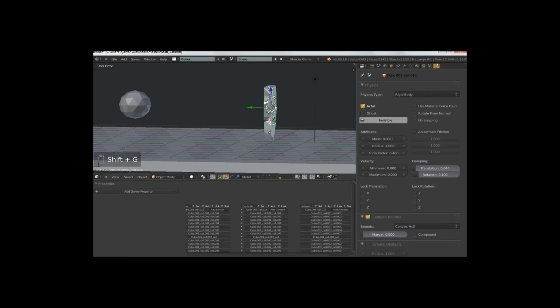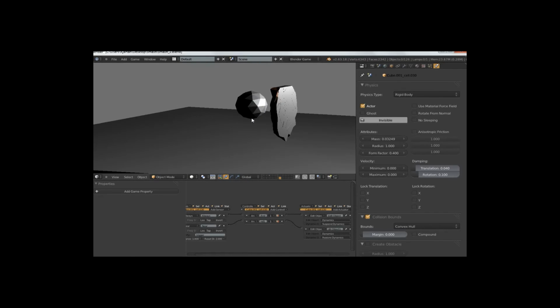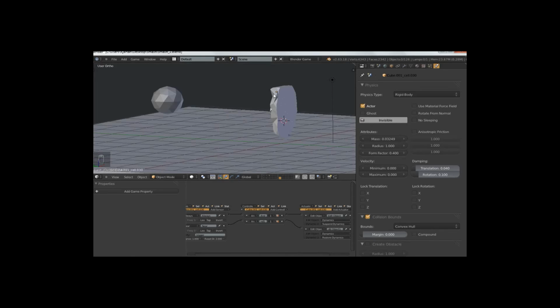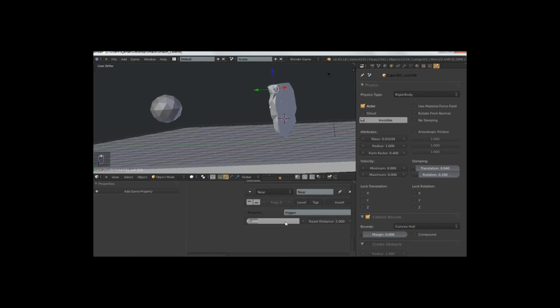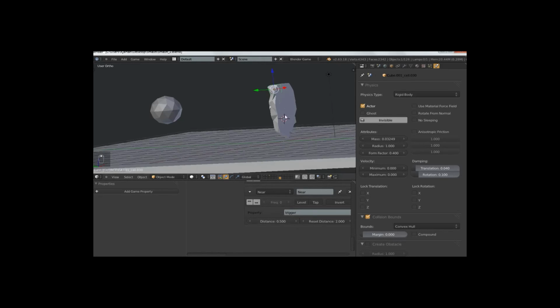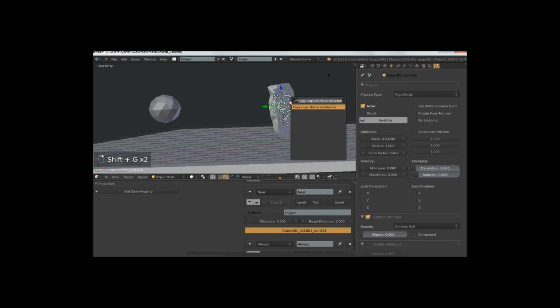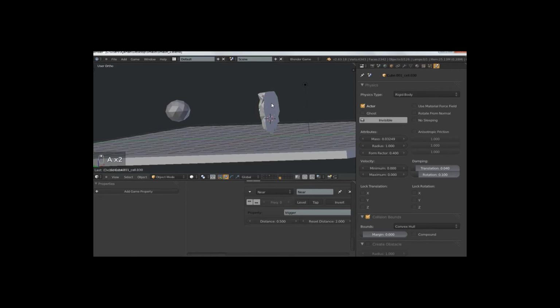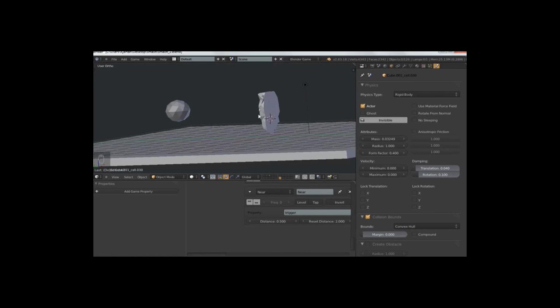Now I just select all the pieces. We already had a group, so that was practical. Hit spacebar, copy logic to selected, and now you see it gets close. They go from suspended dynamics to actually becoming dynamic, and then they get hit by the projectile. I am tweaking the distance on the near sensor just so that they don't start falling too soon. So now you see we get a little bit more predictable, or a little bit better result.